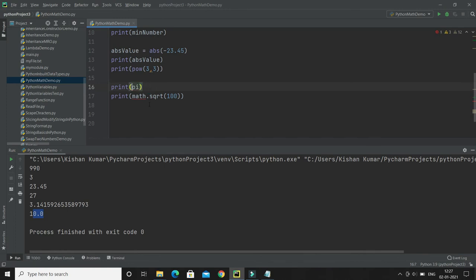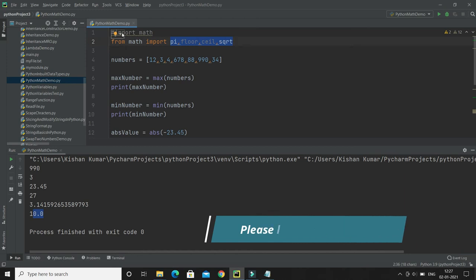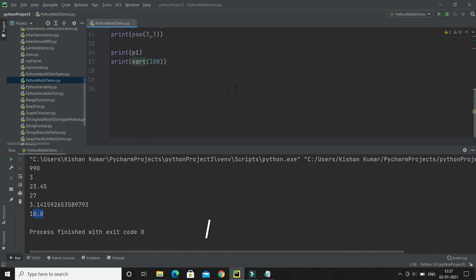So here you can see it is showing an error, so directly we can use it, but whatever things you haven't declared over here you can't use, right? But if you do import math, then all those functions you can refer to by this module name, right? So this is the good way to import. Whatever you want to import, just write it up here after a comma, and you can use it directly. You don't need to refer to it by the module name.